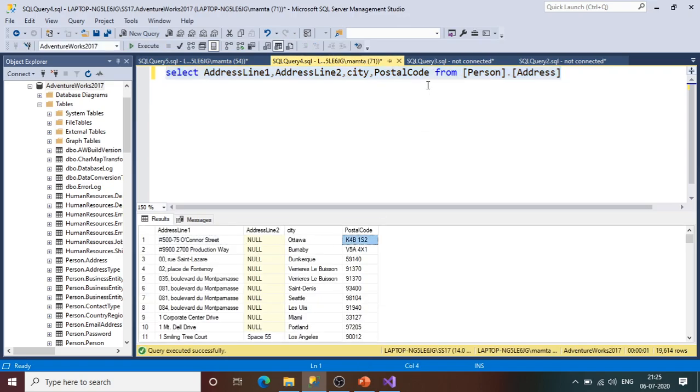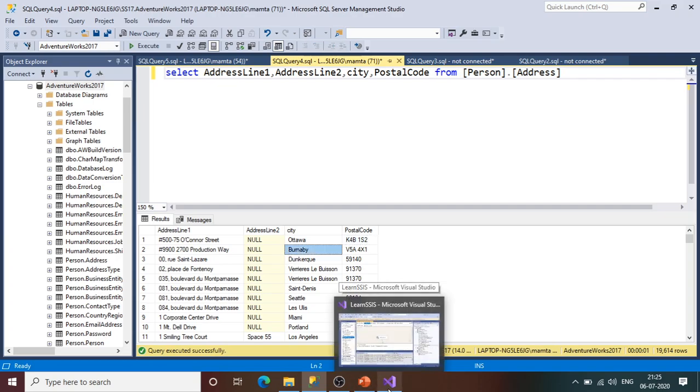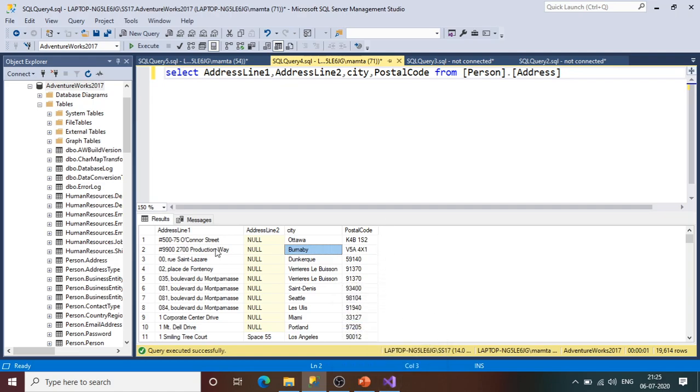Okay, so there is a requirement where we want a complete address: address one, address two, city, and then postal code. So what you can do, you can create an SSIS package. Source would be an OLEDB source, then you can create one derived column transformation, and in that you can create a new column like complete address, and there you can concatenate these things. You can apply the formatting as well.